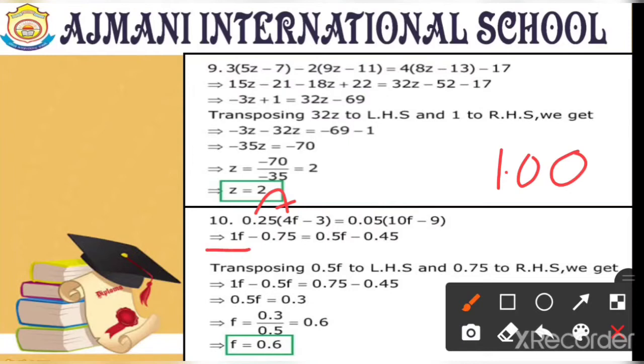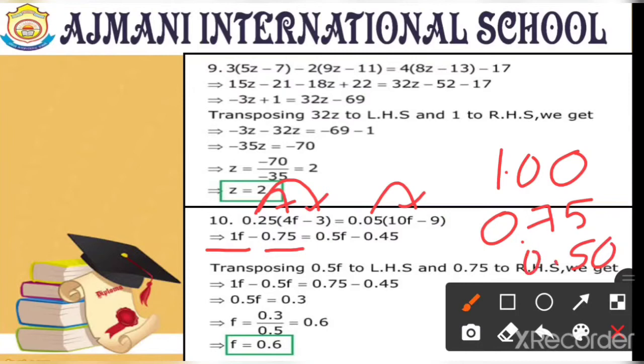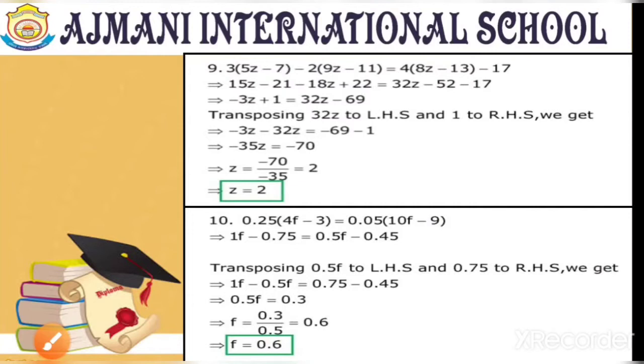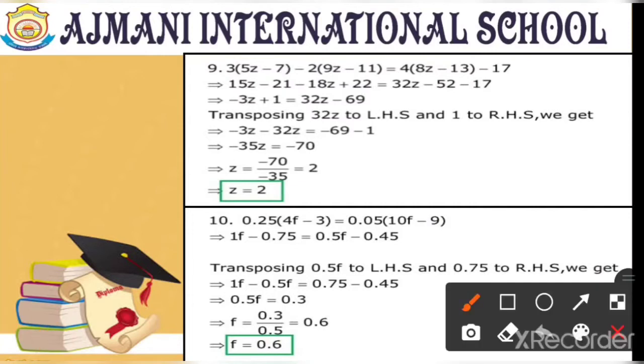Next, multiply this 0.25 by 3. You would get 75. And after putting 0 before 2 digit, you will get 0.75. Then in this case also, multiply 5 by 10, you will get 50. And after 2 digit, when you will put 0, you will get 0.50. And after multiplying 5 by 9, you will get 45. And putting zeros before 2 digit, you will get 0.45. I hope you understood this multiplication of decimals.